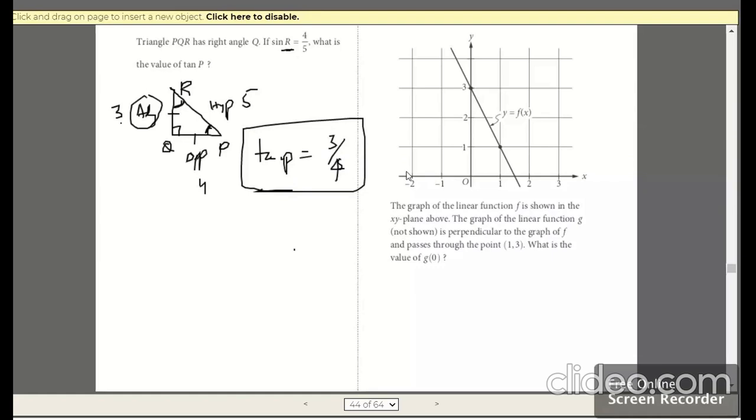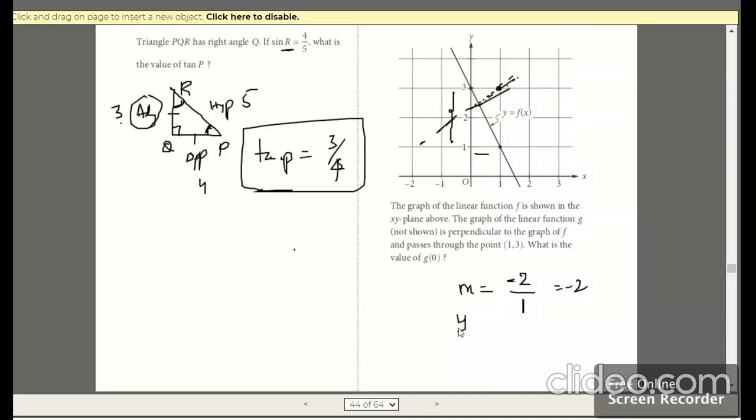Coming back to the final question of this section 3, we have a graph of a linear function f, which is definitely a downward trend, so it has a negative slope. From this point to this point, if you check the rise over run, it's a negative rise. The vertical distance is 2 downwards, and horizontal is 1, so my slope is going to be -2. It said that the function g is perpendicular, and the common point is (1, 3), which is over here. If I could draw the graph, it comes like that, so the perpendicular line intersects somewhere over here.